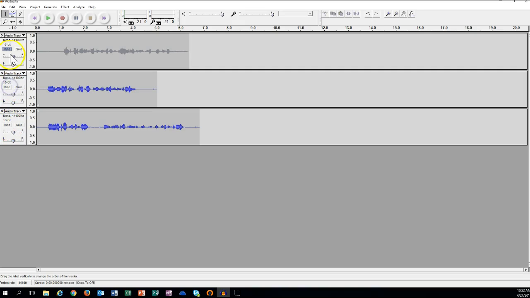Now, if I want to hear just one of these tracks without the other 2 playing over top of them, it's important to hit mute if I am recording new tracks, but if I want to just play a track, I can simply hit the solo button. So let's say track number 2 is one that I want to hear. All I do is hit solo